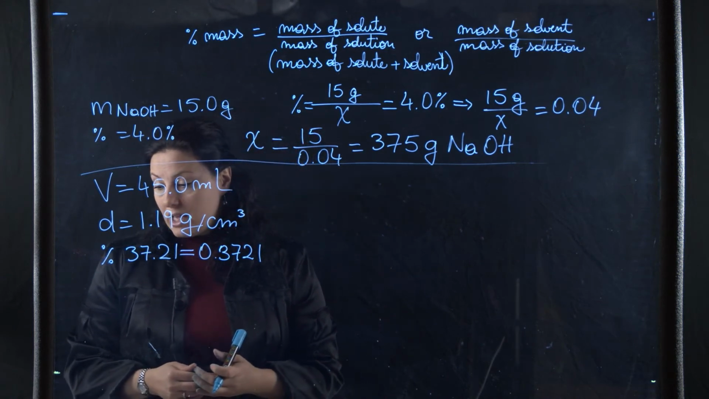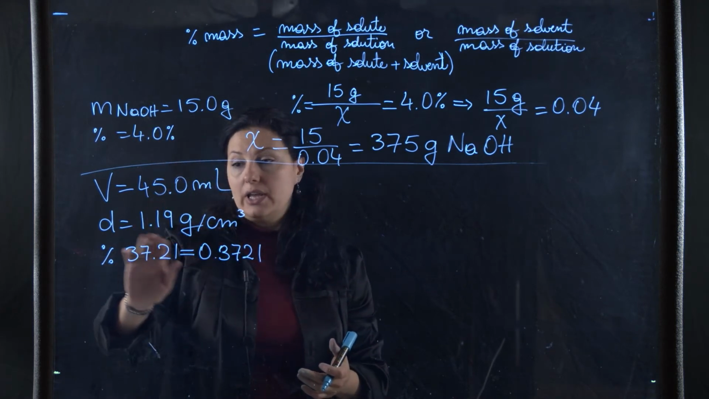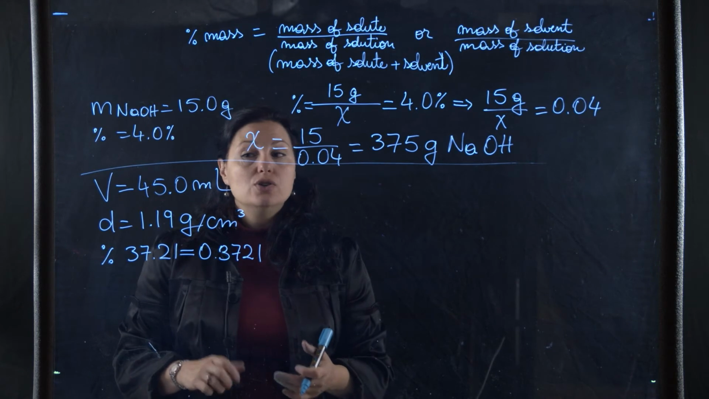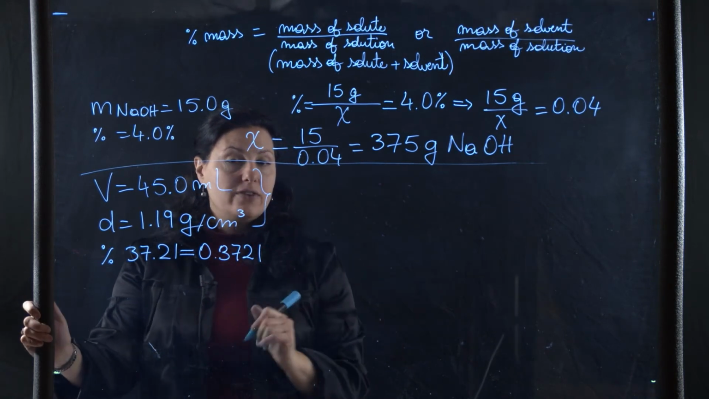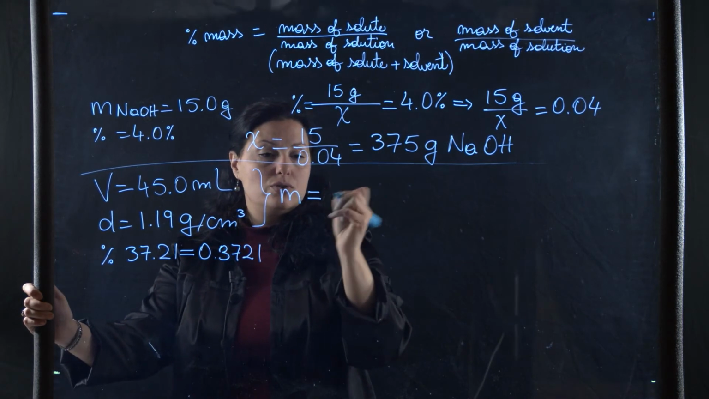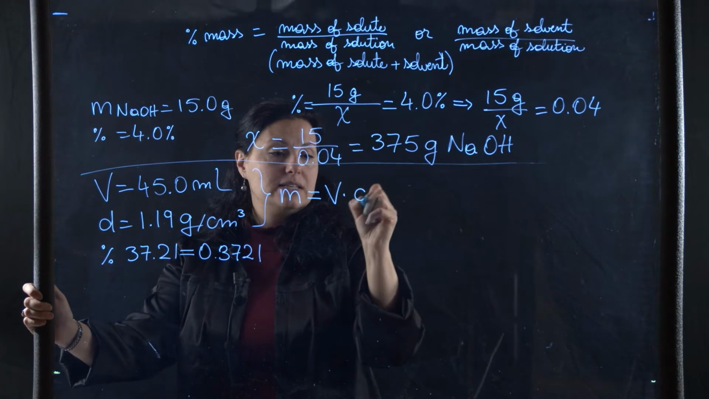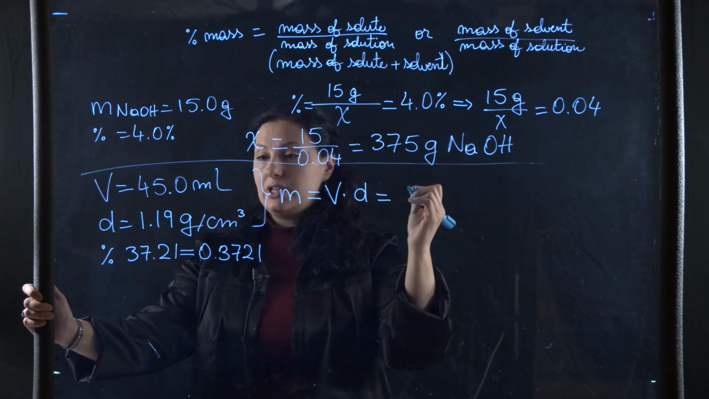What I am given is an aqueous solution, a volume of the aqueous solution, and the density of the solution. So because I know the volume and the density, I can figure out the mass of solution. So my mass is equal to volume times density. My volume is 45 milliliters,